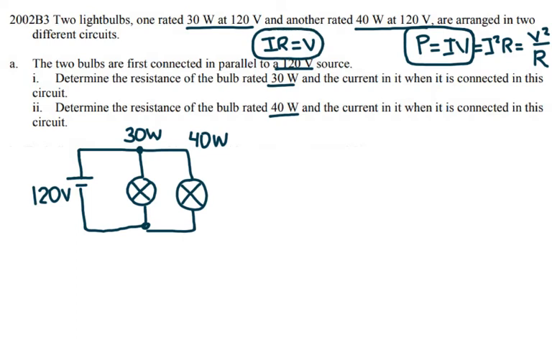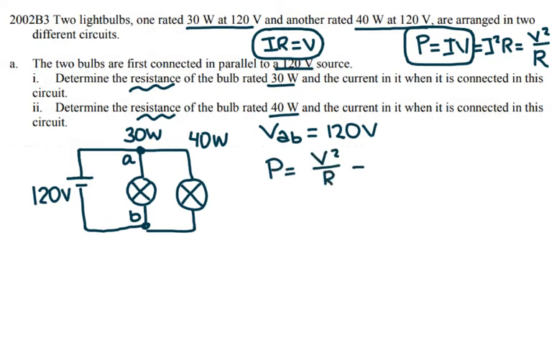So they ask you to find the resistance, and because I know the voltage, they have the same voltage, so if I call this point A and this point B, the voltage across AB is equal to 120 volts, and they share the same voltage. So if I want to calculate the resistance, I can use this formula. Power is equal to V squared over R, or the resistance is equal to V squared over the power. So for